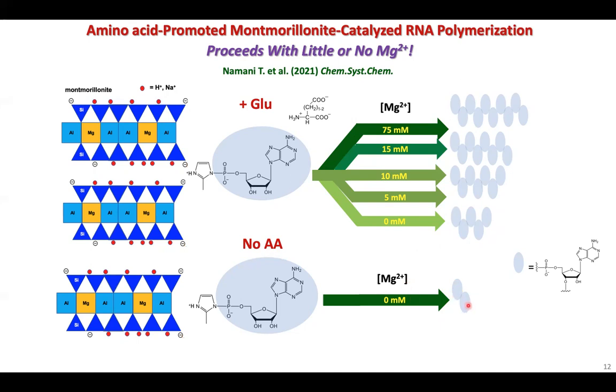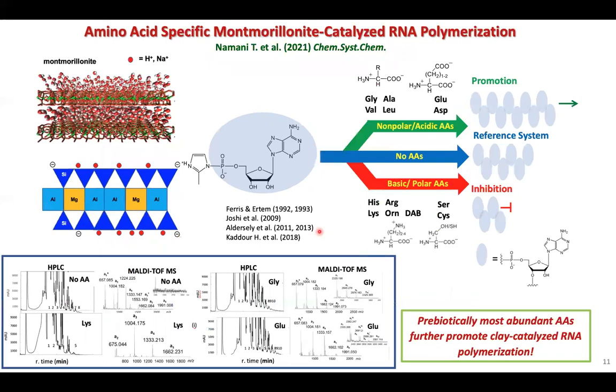You get a dimer, which is the same thing as the plain water system. In the plain water system also you get a dimer. You increase to 5 or 10 millimolar magnesium, you get a slightly longer chain, 15 millimolar, slightly longer chain, 75 classical, 75 millimolar, even longer chain. So the original system, where there was no amino acid,